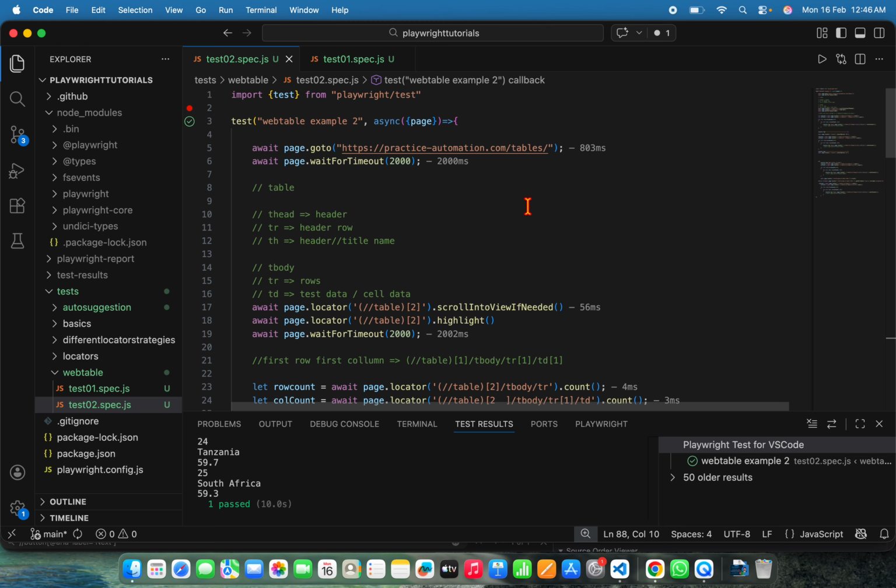In case you have questions, go to my repository and download this function and compare what you have done with what is given in these test files. That is the way you can improve your programming skills and improve your test